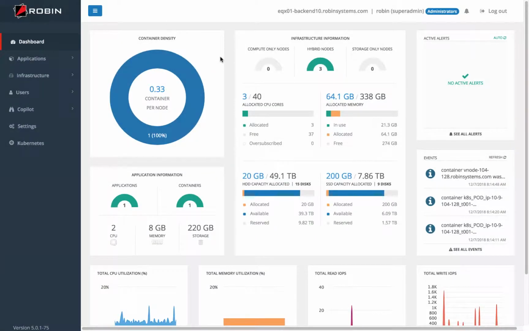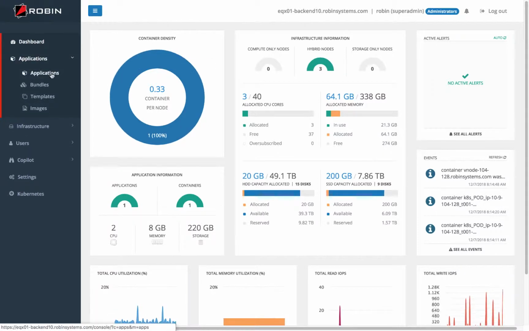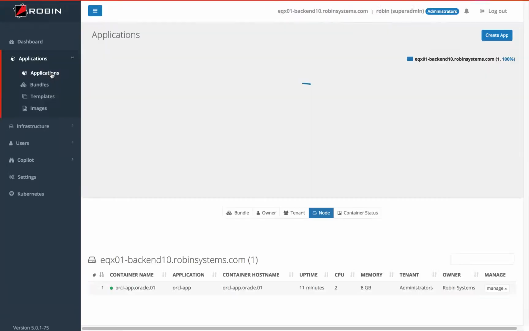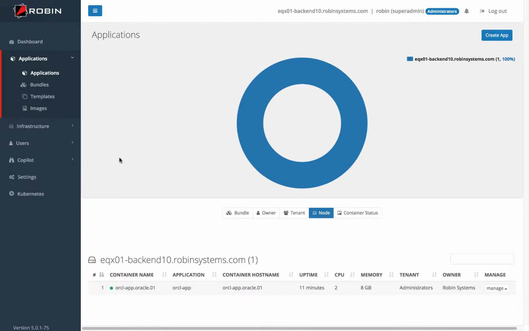In this demonstration, we want to take a look at Robin's capabilities around helping to ensure high availability for non-RAC Oracle database instances, both in terms of planned as well as unplanned downtime. So if we go to the application screen and we take a look at a single instance database that we have out here, we can see the physical node in the Robin cluster on which that container is currently deployed